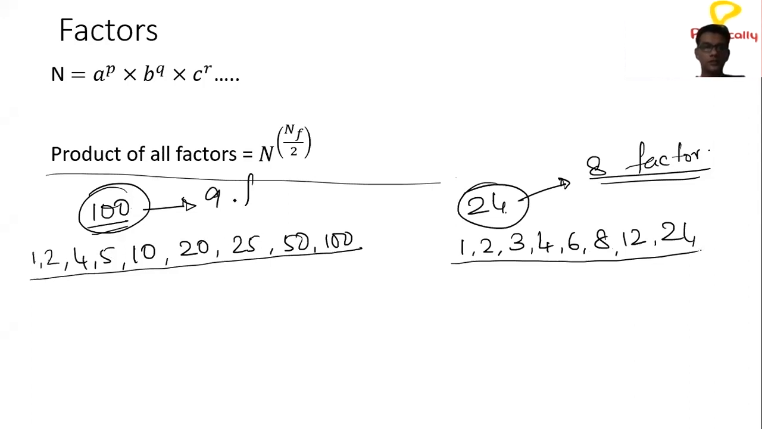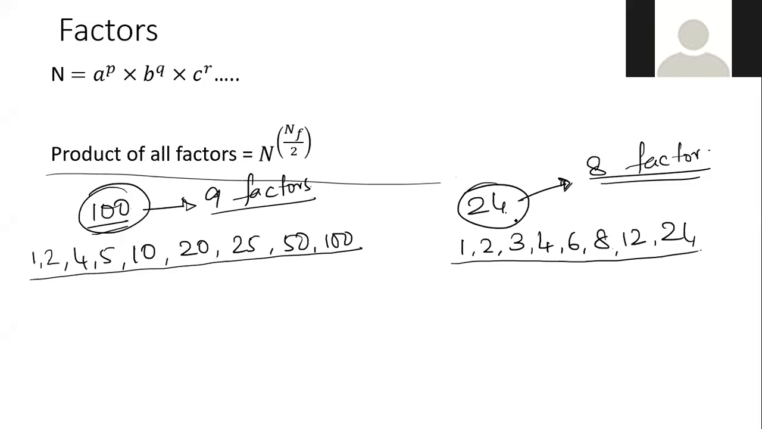9 factors, that is an odd number of factors. Are we clear till this, Sanika? Yes. Right, so I'm assuming all of you are also clear till here. Now,